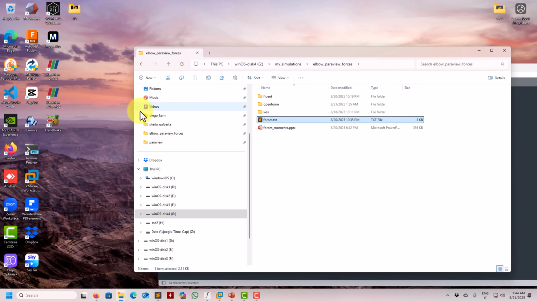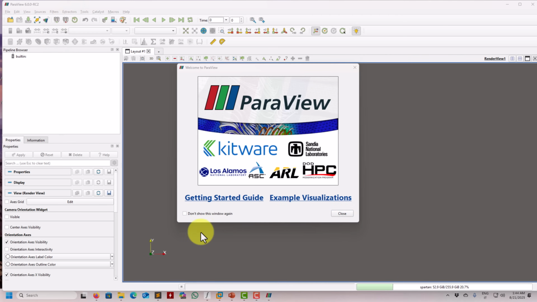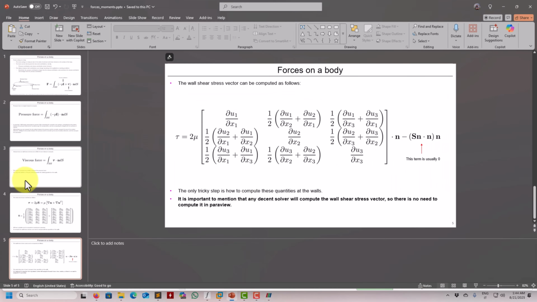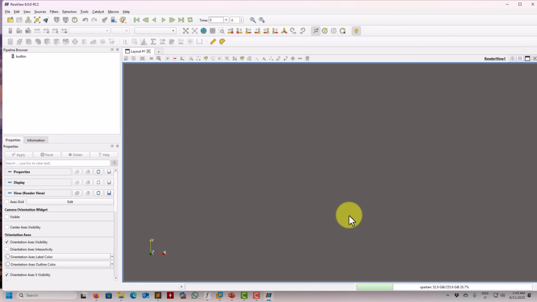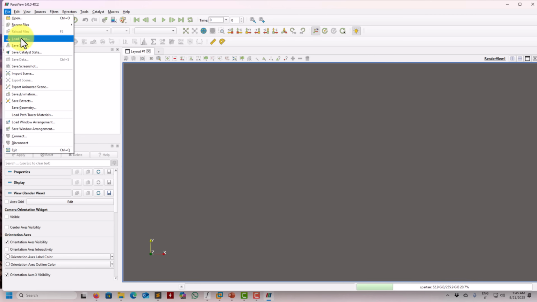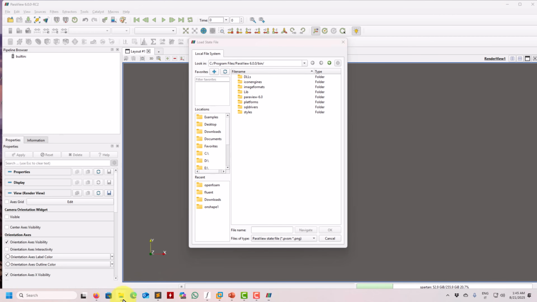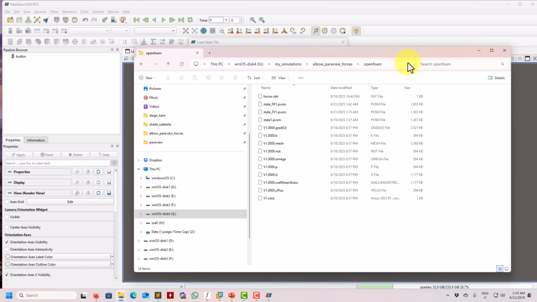So let's launch Paraview and do all the post-processing for the forces. So pretty much same equation, same steps, nothing changed. Okay, so with this we are going to finish forces, then we move to moment, which is pretty much the same. So let's load the state, and first let's work with the pressure. So FP, forces pressure,